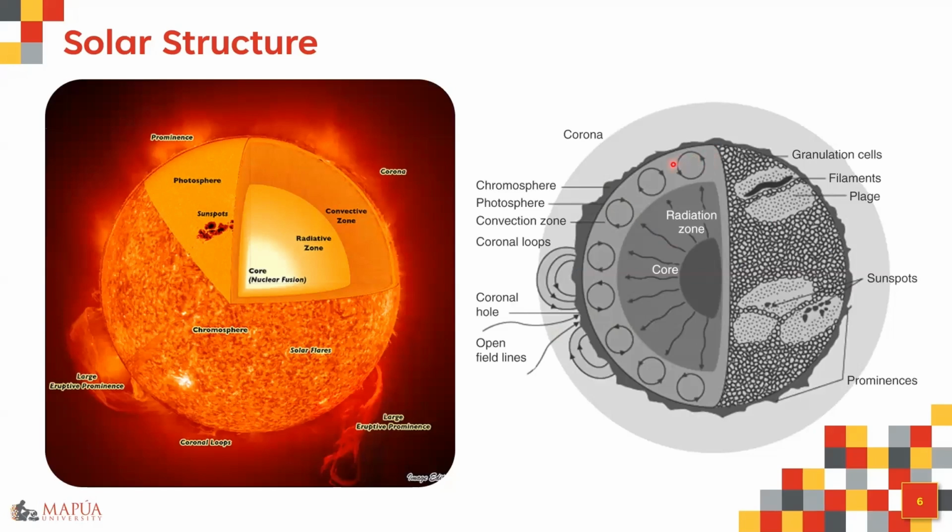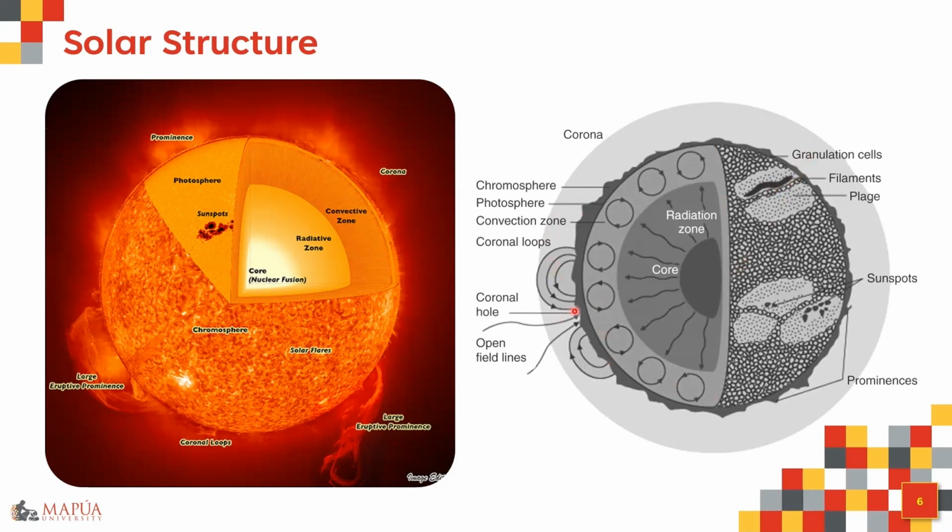So this is the internal structure of the sun. On the surface of the sun, you can find several structures like sunspots, prominences, coronal loops, open and closed coronal loops, and the solar atmosphere, including the photosphere, the chromosphere, and the solar corona. You can actually see granulation cells. These granulation cells and even sunspots are generated partly because of the convection zone. When you see granulations on the surface of the sun, that is proof that convection happens underneath it. You also have your filaments, etc.